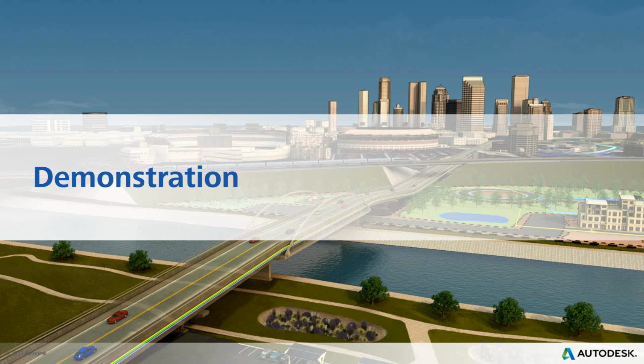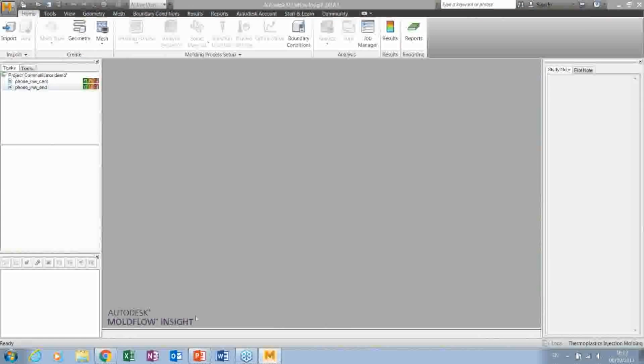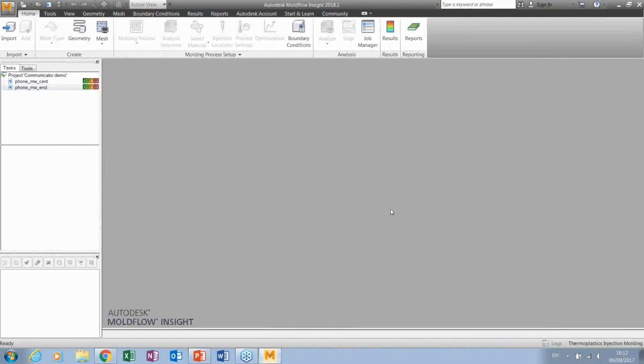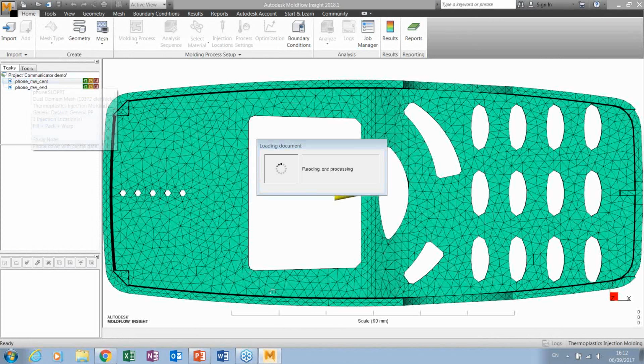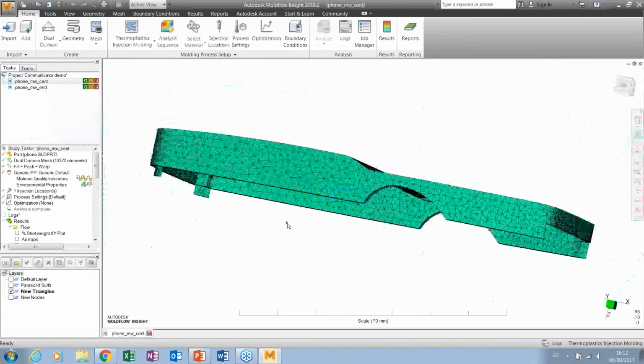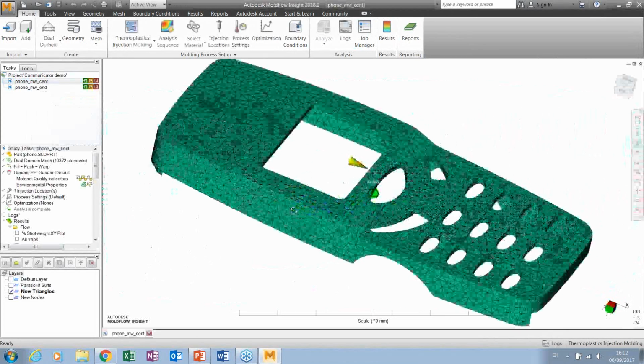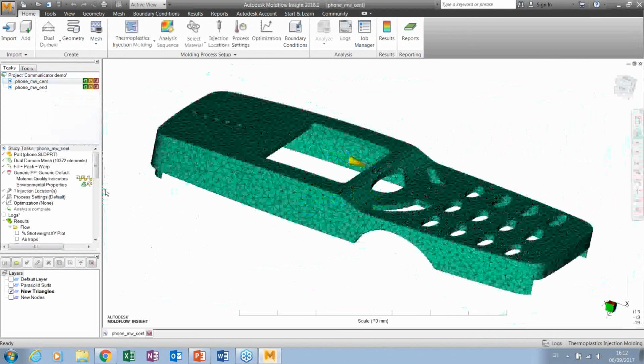So now I will go into the demonstration just to show how we go about things. This is about Communicator, but we have to start in Synergy. I've got a simple project, two parts in Synergy. Now, a few things you should think about before writing out your MFR file, because you understand your project,